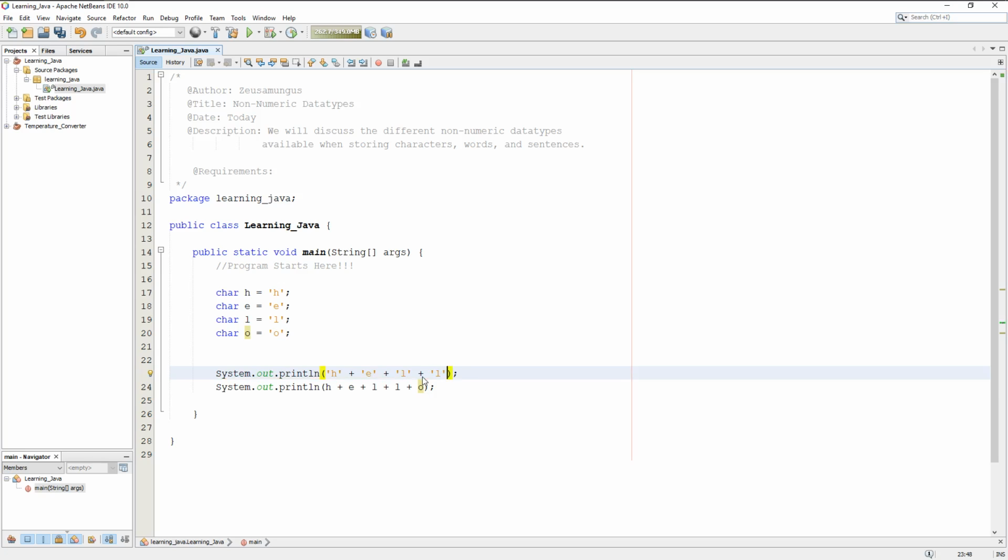And we'll go hello. Very basic. It's not something that you're technically going to do. You're not going to form words like this or anything, but just to kind of show you what's going on here. So if we run this code,